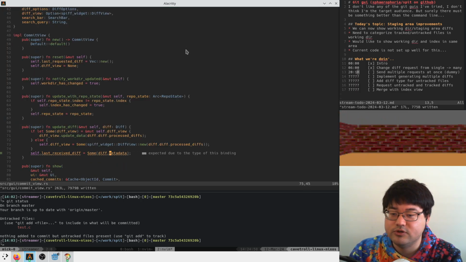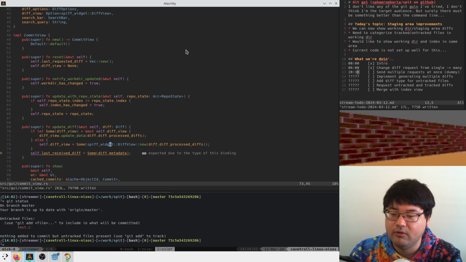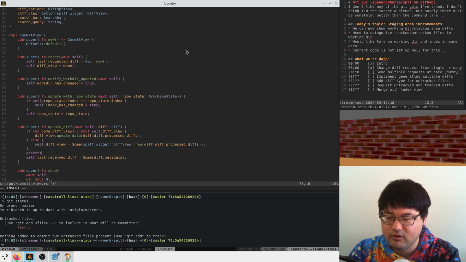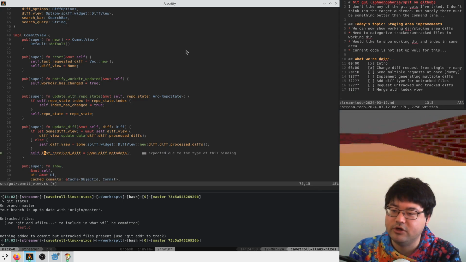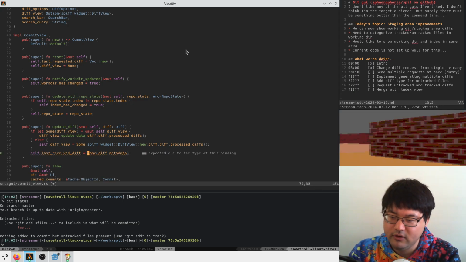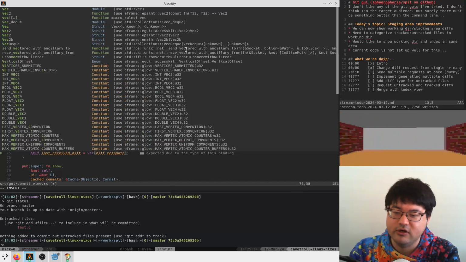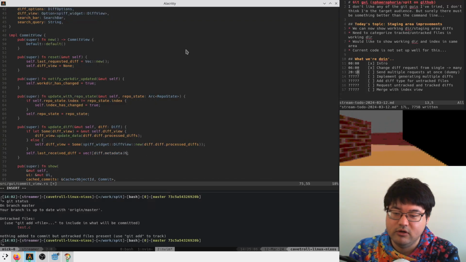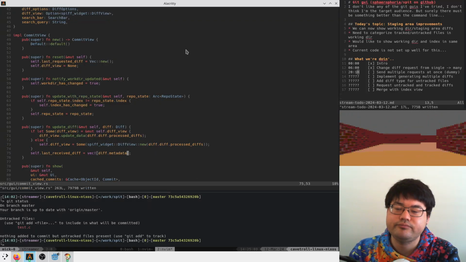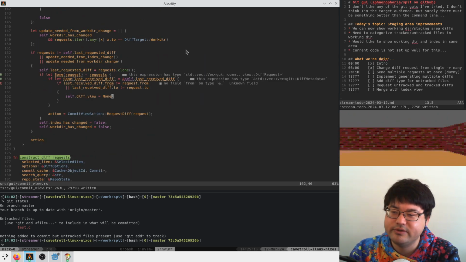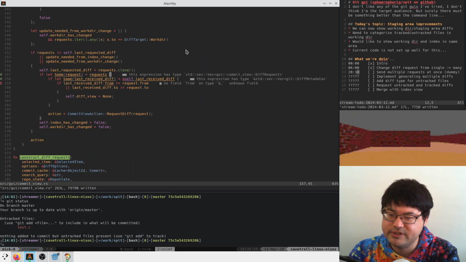And when we construct him, I guess there's no asserting to be done here. We have a single diff that comes in because we've only implemented the center side right now, and so this is going to be a vector with a single diff metadata in him. Okay. So now in this area,